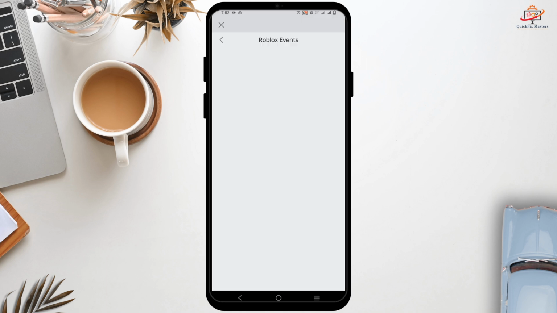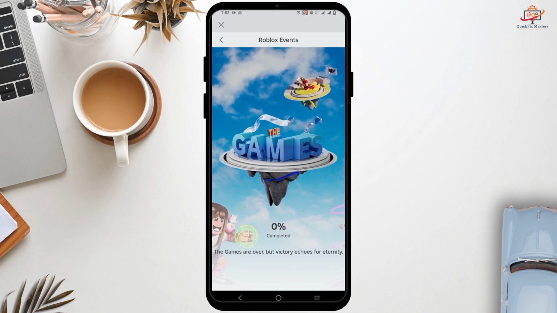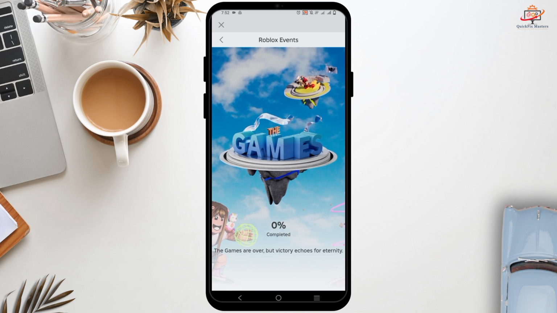or in the settings. You will see the option of Roblox events. This will list all the current and upcoming events and make sure to save it so that you never miss an event. Next up would be follow the Roblox on social media as they regularly post updates on new events